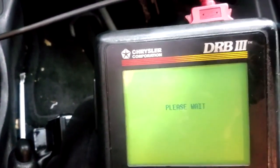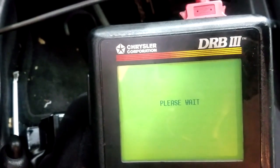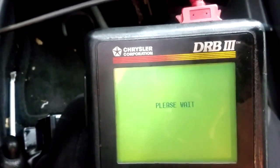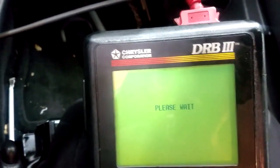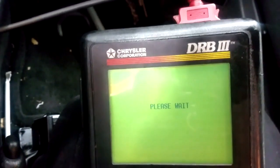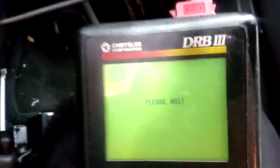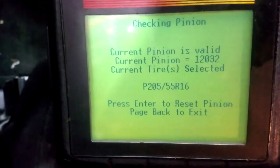Now I did earlier have to go in. I didn't have the camera running, but I went in and put in the correct tire size. The wrong tire size was installed. All that means is your speedometer should work, it just may be a little off, but I have everything corrected now. I just want to show you guys. I have the tire selected as